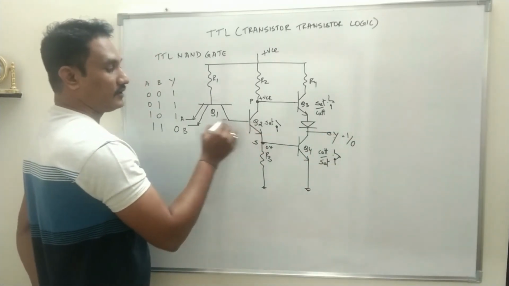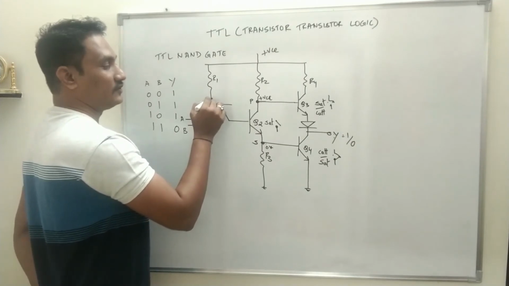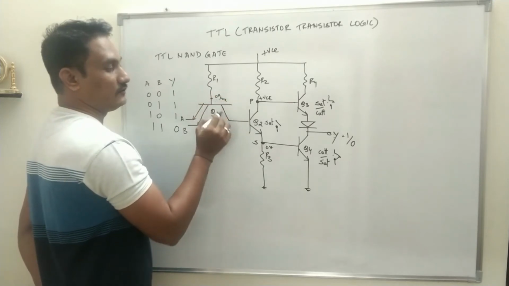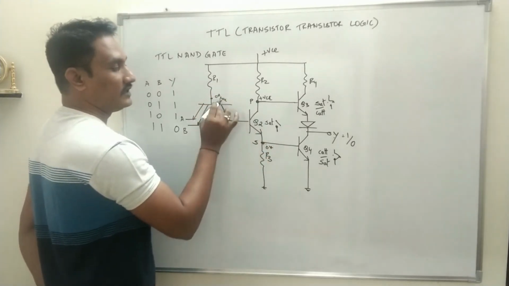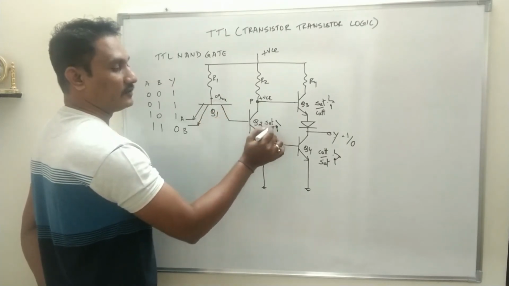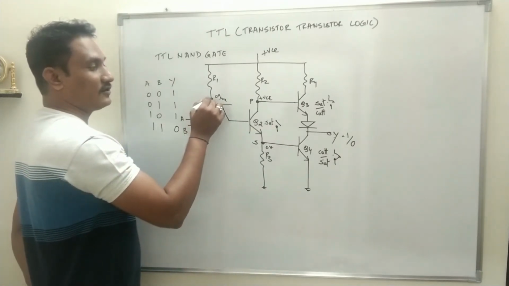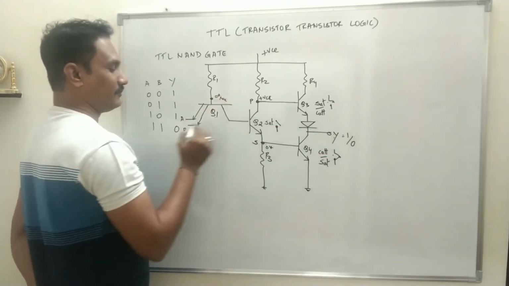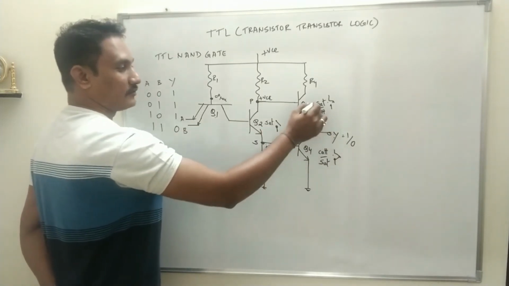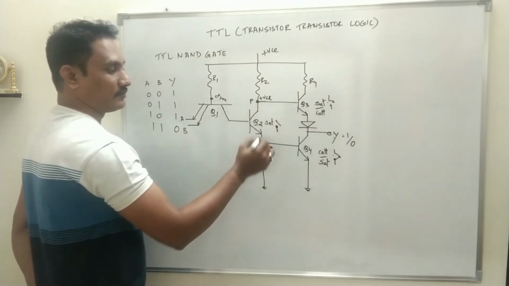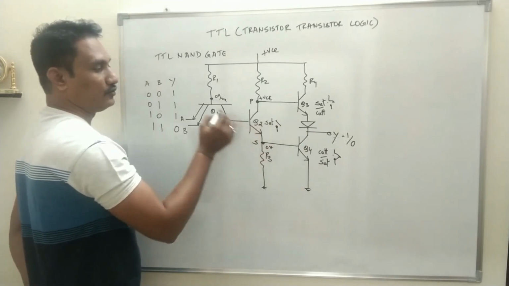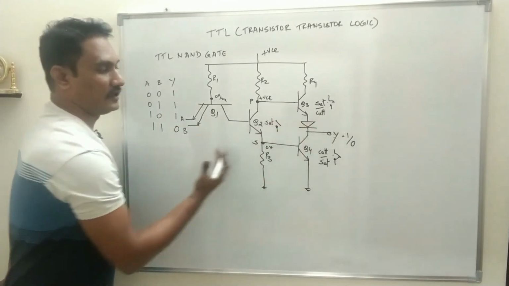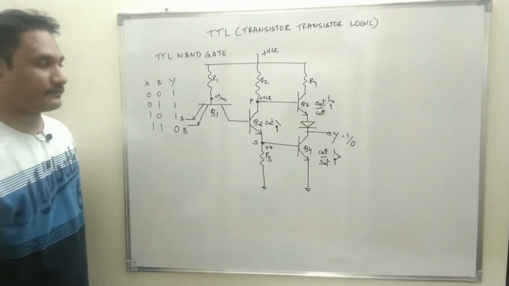And Q2 depends upon Q1, that means base voltage of Q1. Base voltage of Q1 will be either 0 volt or plus VCC. If it is 0 volt, Q2 will not be driven, it will be in cutoff region, and if it is plus VCC, Q2 will be driven, it will be in saturation region. Base voltage of Q1 depends upon A and B. So basically output Y depends upon A and B, right? Y depends upon Q3 and Q4, Q3 and Q4 depend upon P and S, P and S depend upon Q2, Q2 depends upon base voltage of Q1, base voltage of Q1 depends upon A and B. So that is how we have tried to understand the circuit.